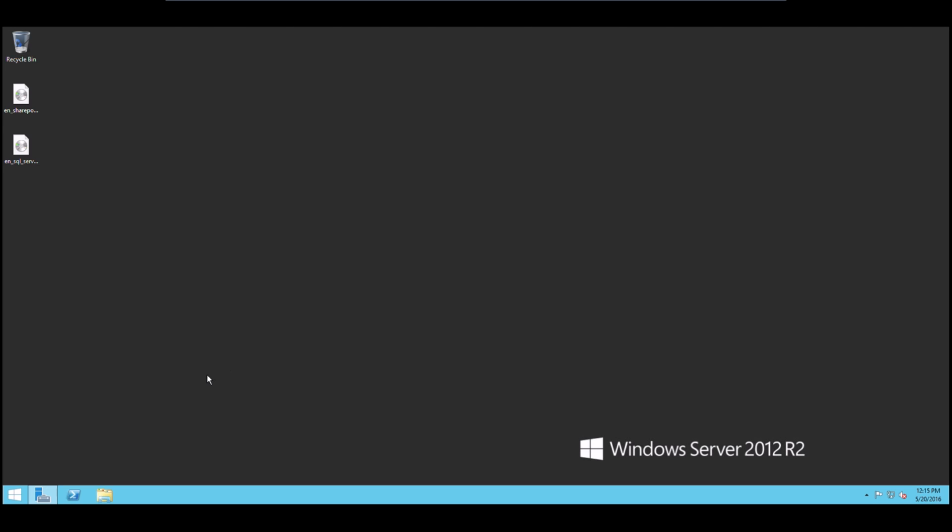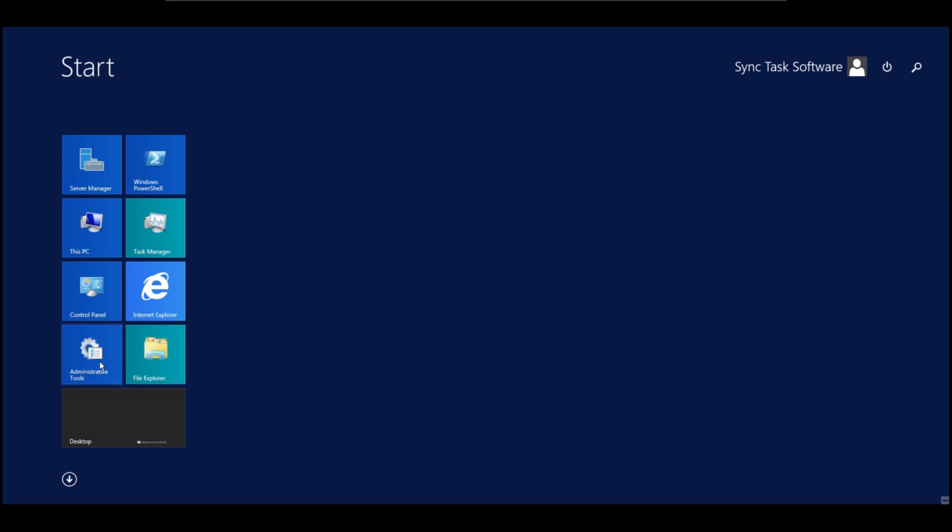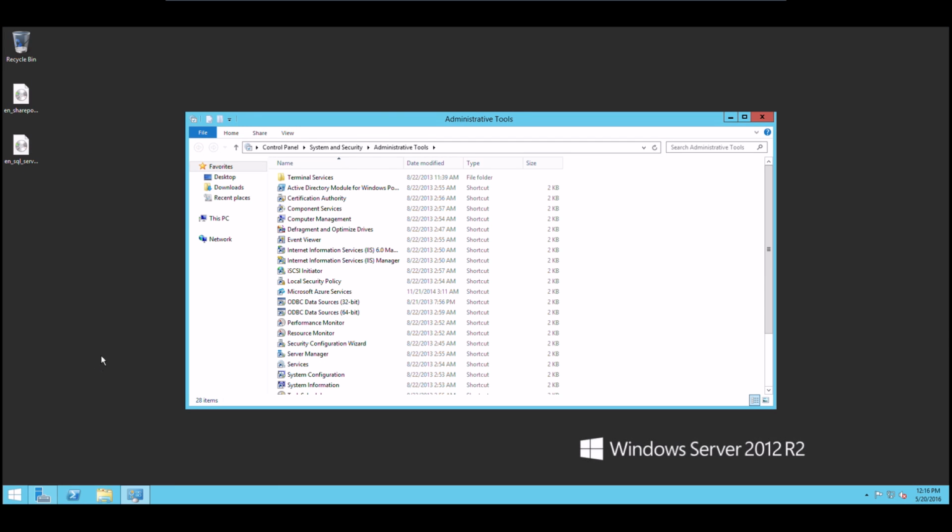The reason why we want to do this is that sometimes database errors can create these huge log files, and we don't want that to overwhelm the hard disk partition that hosts our operating system. So we want to make sure that our server continues to run even if our database runs into a problem down the line. So what we're going to do here is go to Start, I believe it's Administrative Tools, Computer Management,